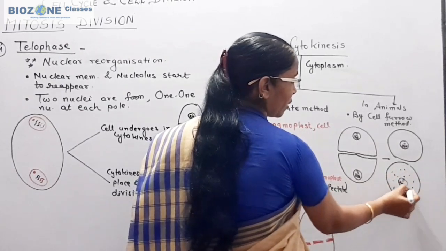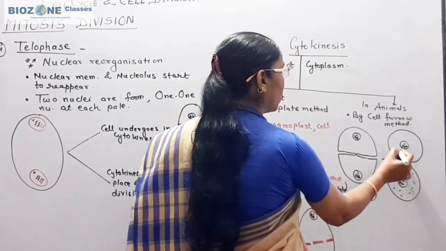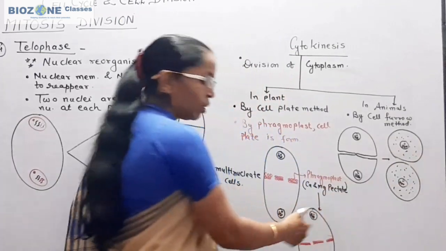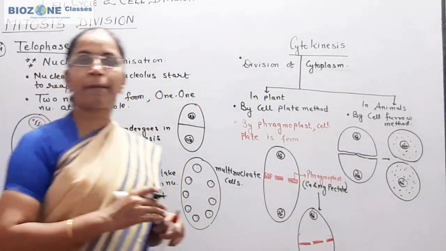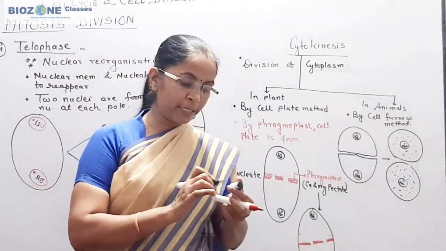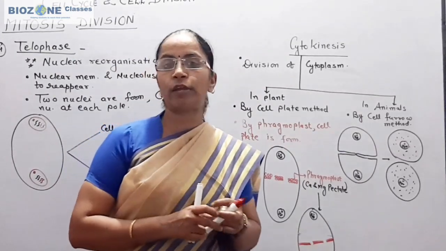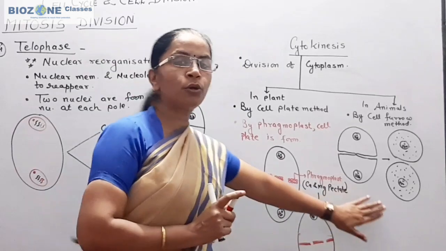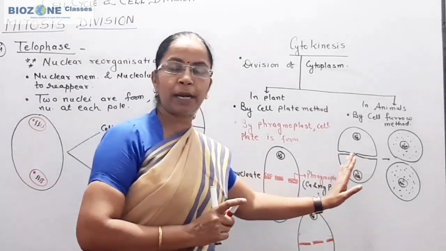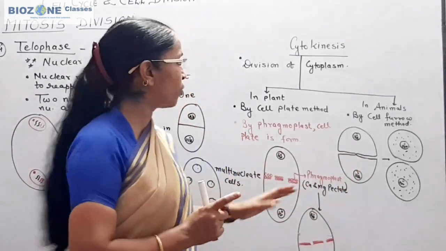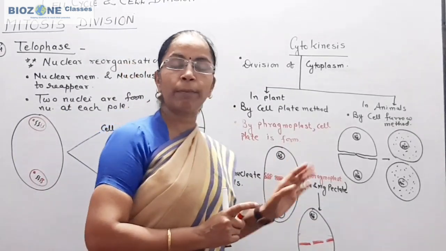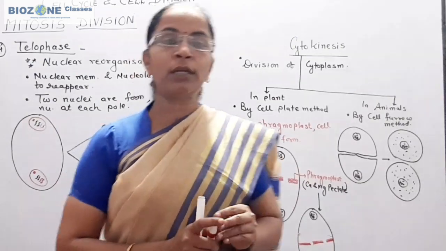The reason behind that is that the vacuoles are more in number but smaller in size. In plants, the nucleus is present towards the periphery because the presence of a single large vacuole is the identifying feature of the plant cell. So remember, this very easy part is cytokinesis. So remember this for the cytokinesis phenomenon. With this we complete the mitosis division.